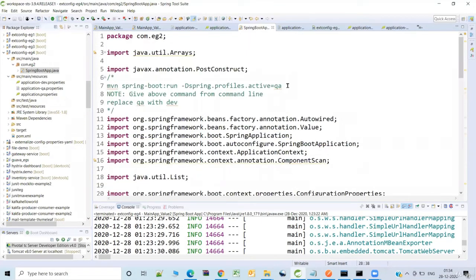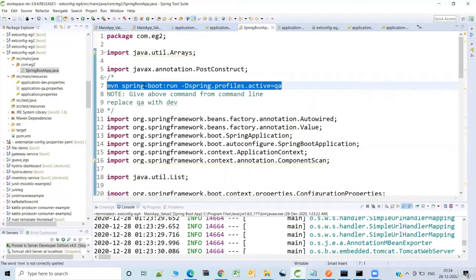I provided the command here, and by the way, I'm uploading this specific example, so you can take it, make any necessary changes and run it. When there are multiple profiles, until now we had only one profile and we were not selecting it. So by default, the Spring Boot application has been using that profile. But now I have multiple profiles, dev, QA, and the other is the default one. If you want to select a specific one, then you can do it like this.